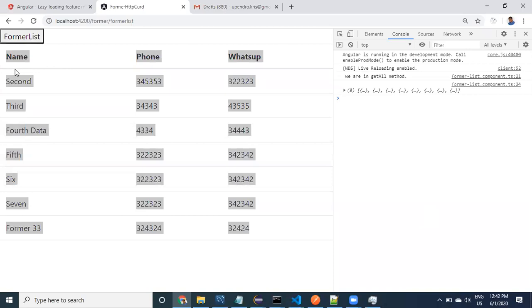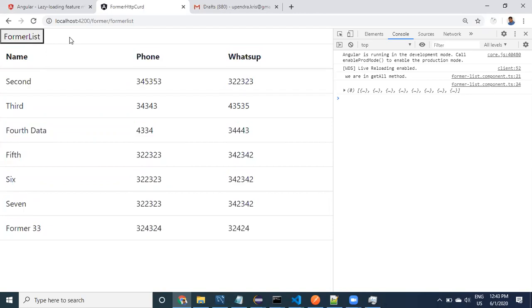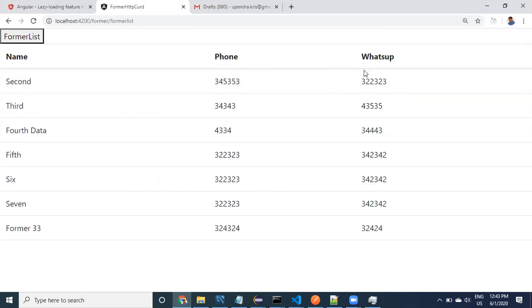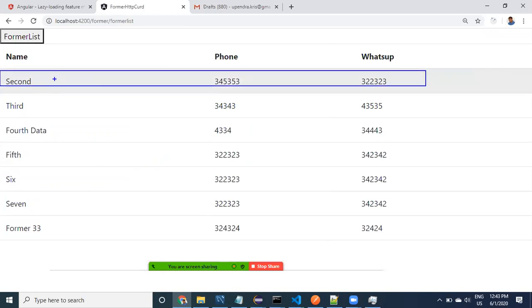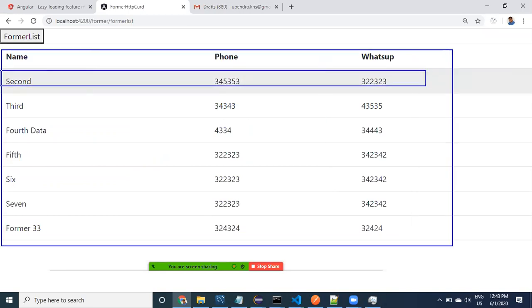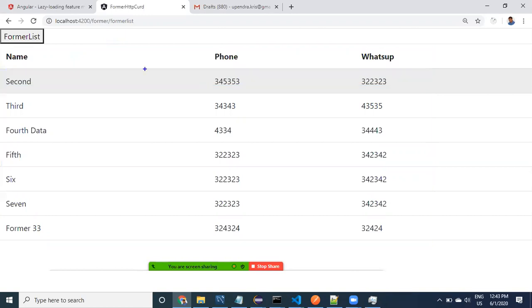Now, if I click on this one, what should happen? That is the next step we need to understand. If I click on this one, what should happen? It has to go to, remove this. Now, if I click on this particular link, this is a router outlet, right? It has to go to this particular place. This is going to be removed, in this place, this is a router outlet, right? The table is the router outlet.